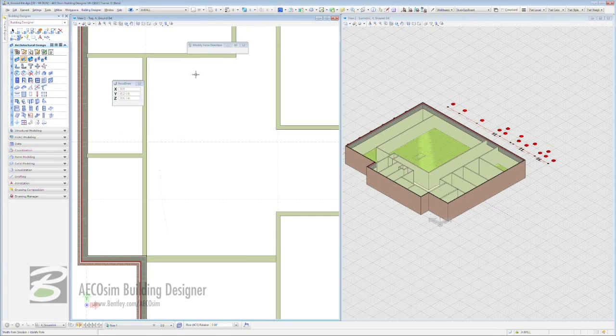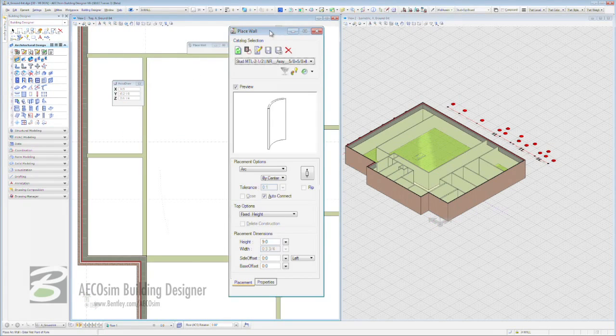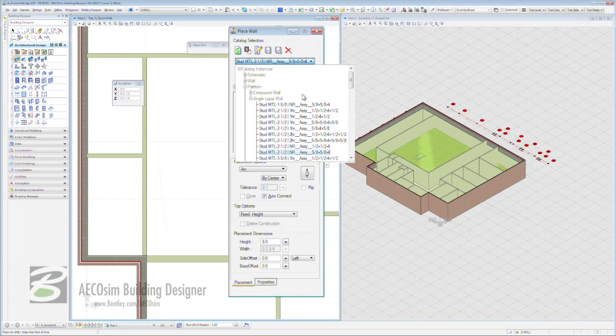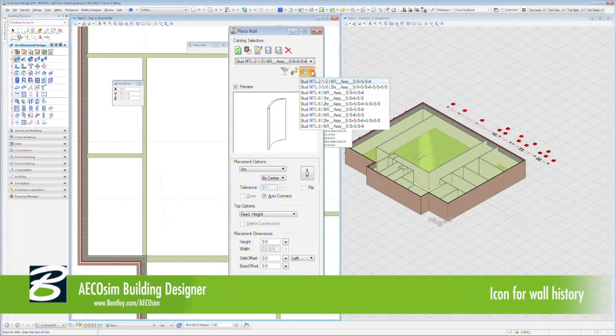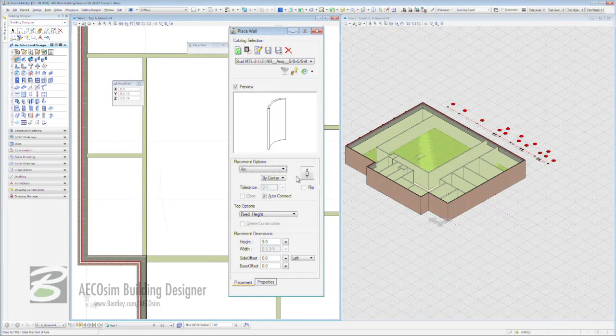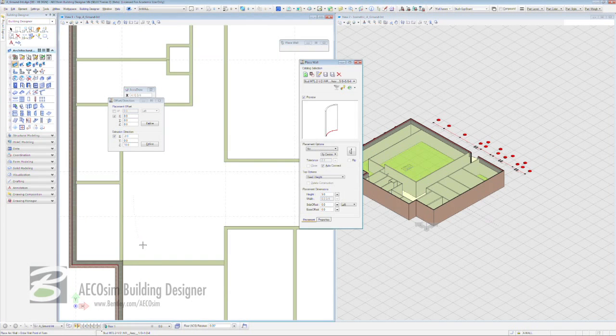What we're going to be doing now, though, is taking a new wall, and the Place dialog box opens for us. Instead of scrolling through this very comprehensive list of wall types, I can actually come into the history of the walls I've already used, this icon here. And with that, I'm going to select this 2.5 inch metal stud. My placement option is going to be arc, and my orientation is going to be to the left. So I'm going to select this point here, and come down here